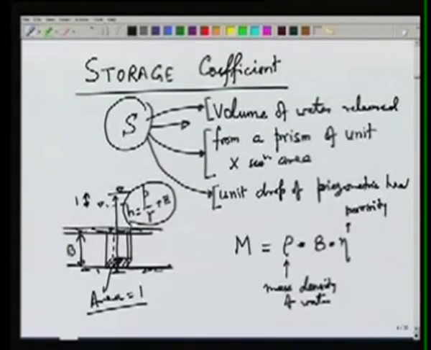So the mass of water contained within this confined aquifer, the prism of base area 1, can be written as rho B eta,